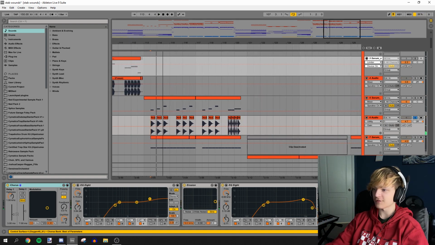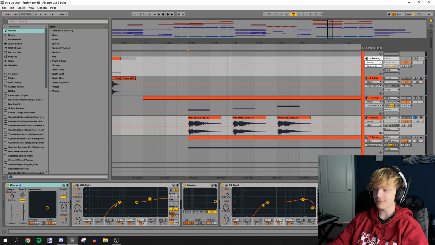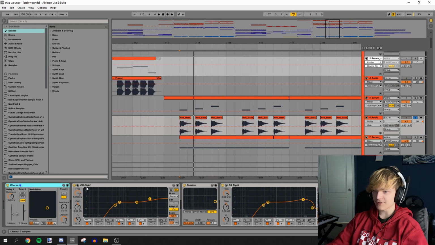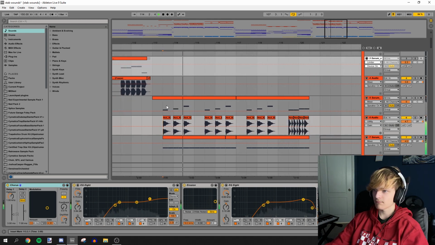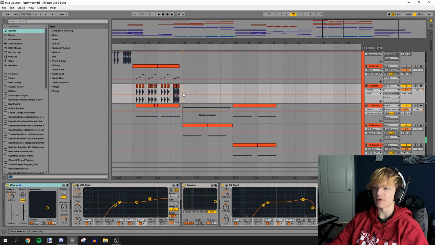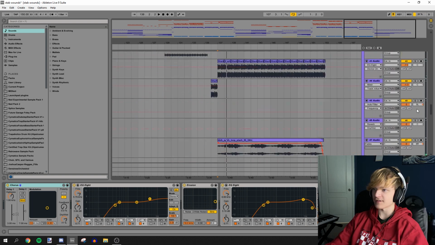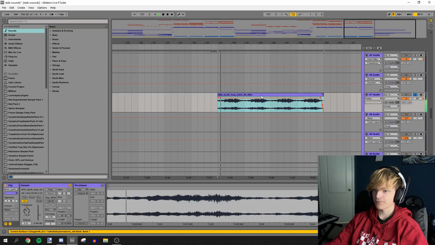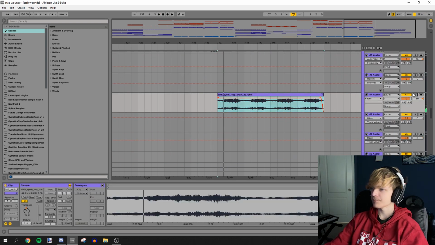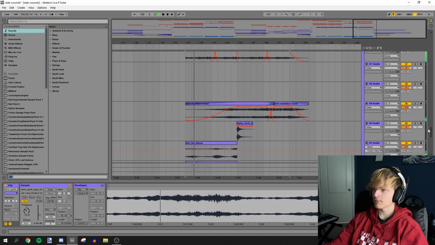So this is again super simple. It's literally just a sample that I got from my library. And then I just added some chorus for some width, an EQ to take out the low end, erosion to add some high end, an EQ to take out those really high frequencies that I just added in, and then a utility to bring up the volume a bit. And then it moves into the same section that we've done before. And then we're in the outro, which just has the same melody thing. We just pitch down an octave. And just like that, you have